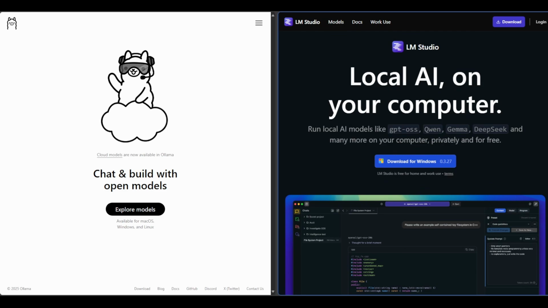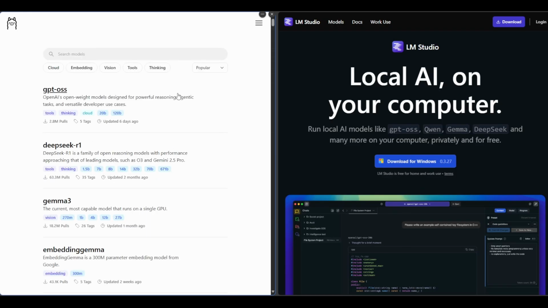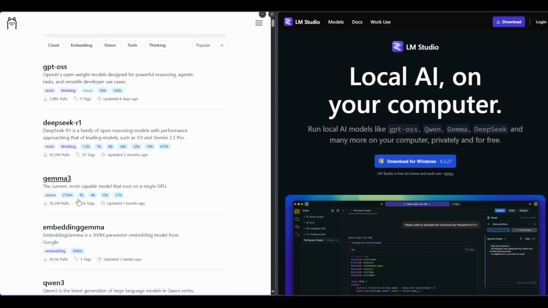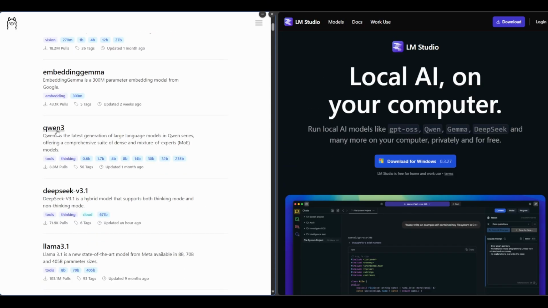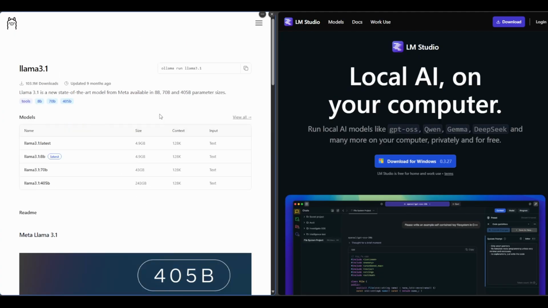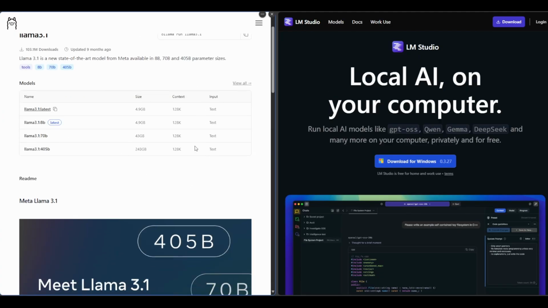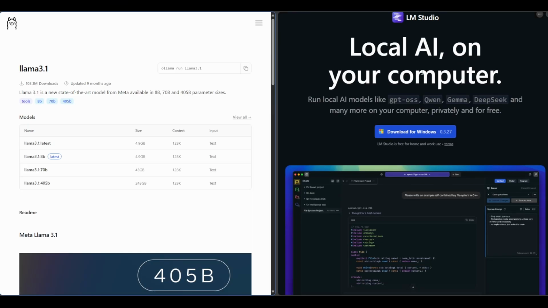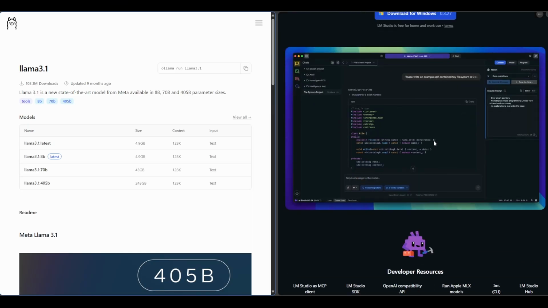Ollama and LM Studio are two local AI runners designed to host large language models directly on your machine. Both support GGUF formats and enable offline inference, but they differ in interface, workflow, and system integration. Ollama is CLI first, containerized, and optimized for simplicity, while LM Studio offers a GUI with real-time token streaming, prompt